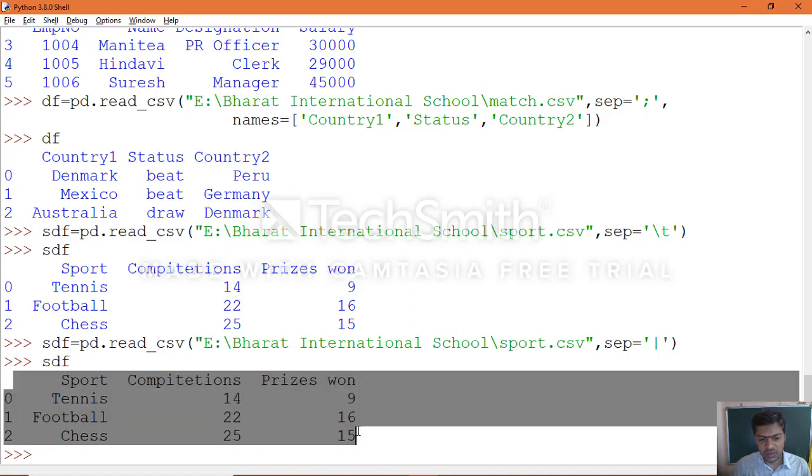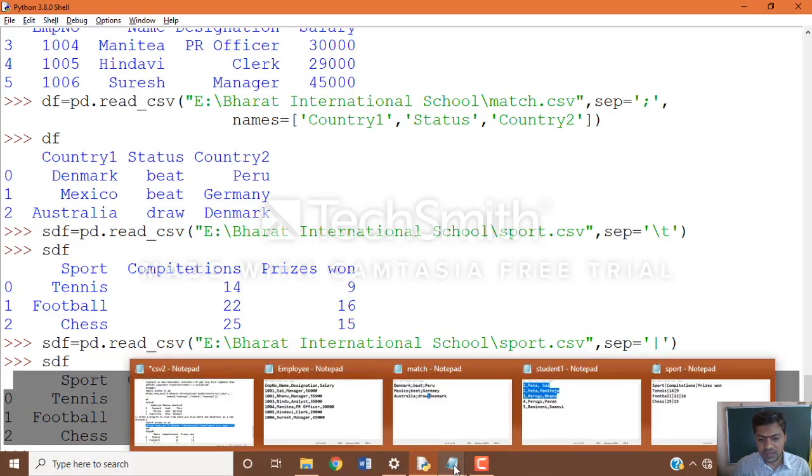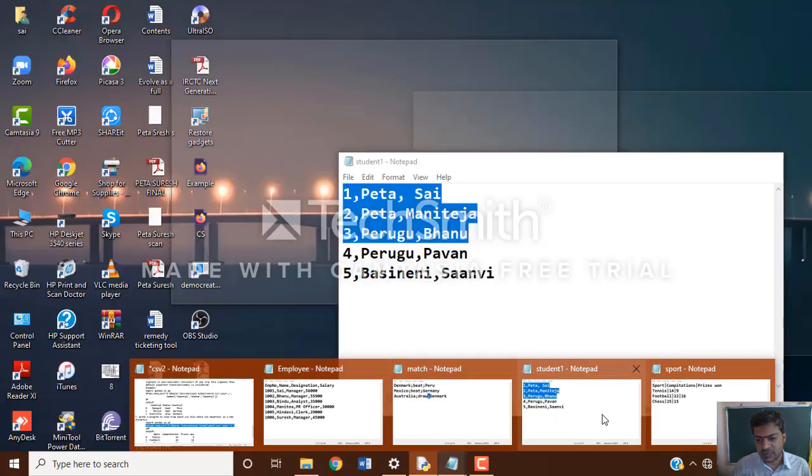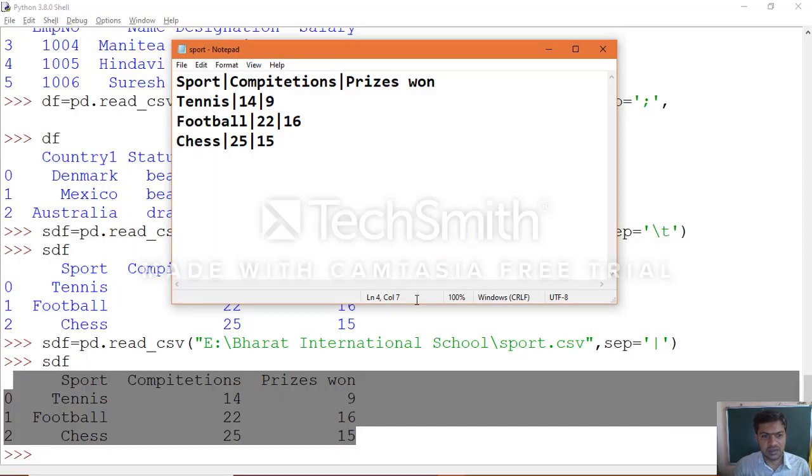Same way, you can update with another special character, for example the @ symbol. @ symbol, which we use now.